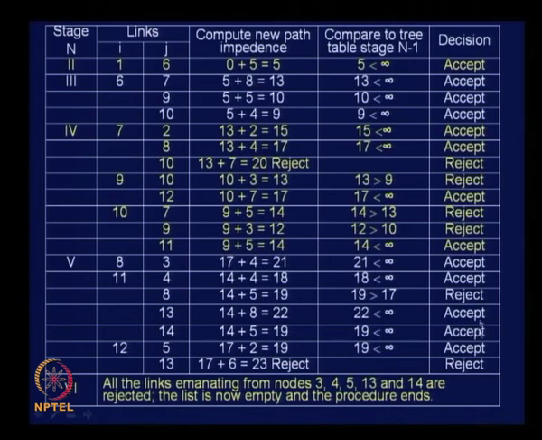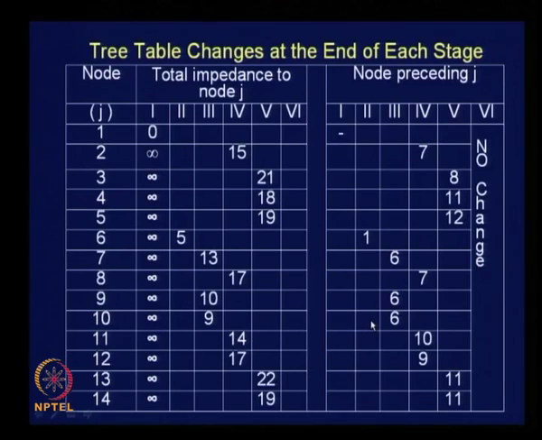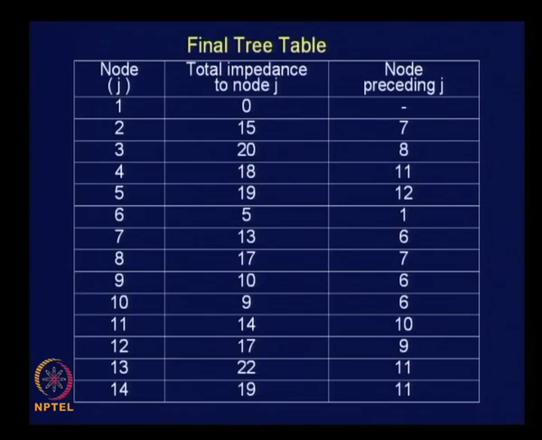So we accept whatever we have done so far, and so this is the final value as per the tabulation we have initially made. We have got information about the cumulative travel time as well as the connecting nodes, and this is the final summary of the results that we have got. Okay, total impedance to J and node preceding J, that is what we want, and using this information you can make